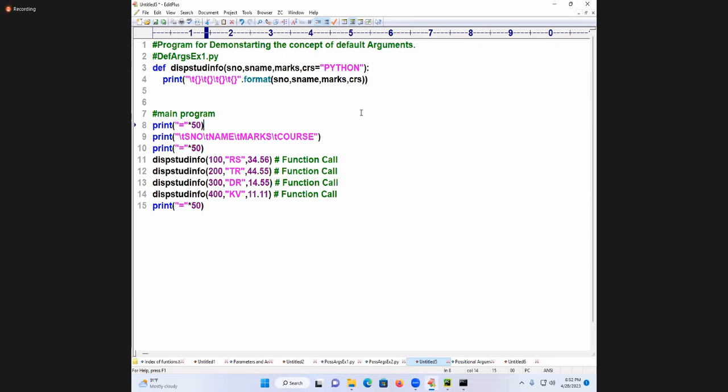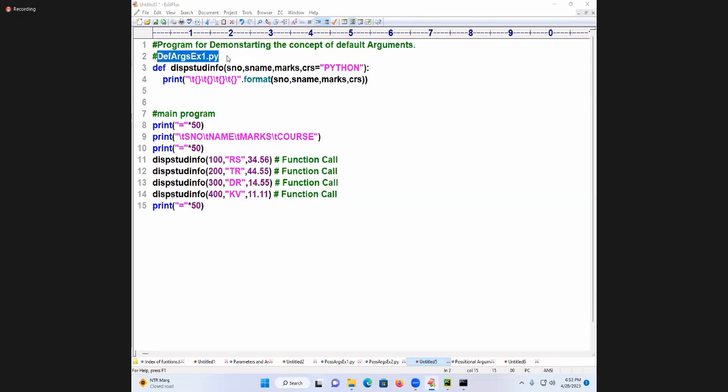Now, the rule I will tell you. I told you positional arguments give which priority? First priority. Now, here what did I write in order? First I wrote positional. Last, what did I write? Whenever you are writing positionals and defaults, which one should I write last? Default I'll write last. First I will write positional. If by mistake you write crs equal to Python in the first or middle, you'll get an error.